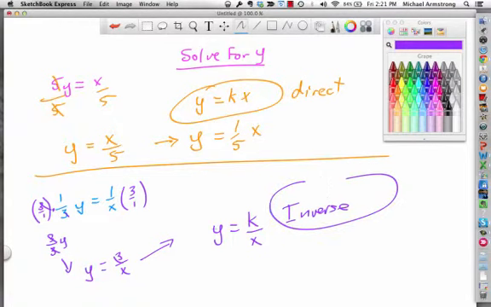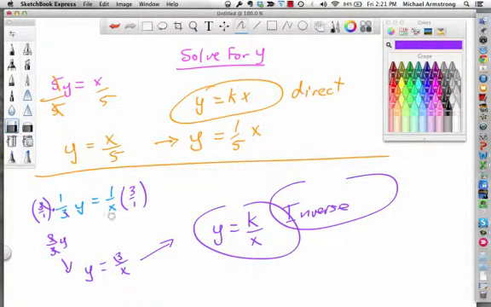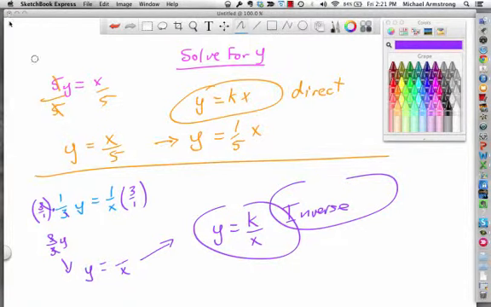So this one is inverse, and this one was direct. Let me take a quick eraser to it. This is supposed to be a 3. So y equals 3 over x, which is the same as y equals k over x, and so